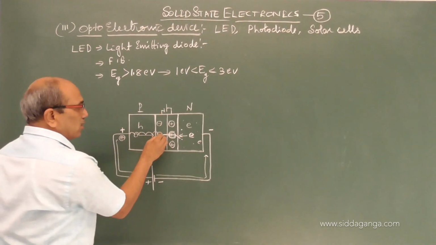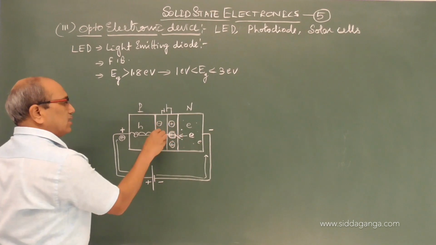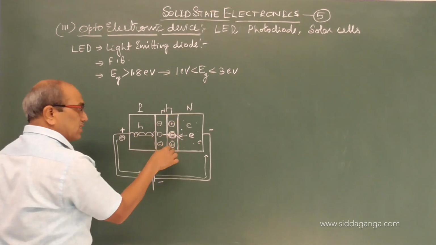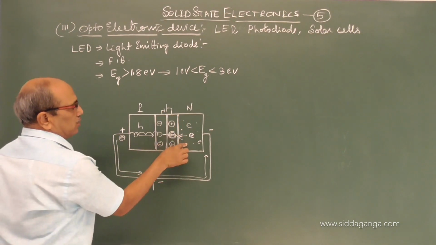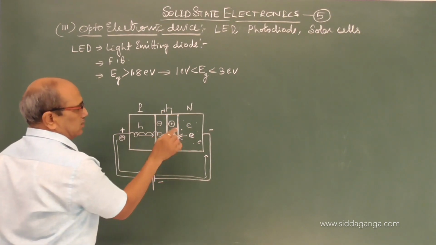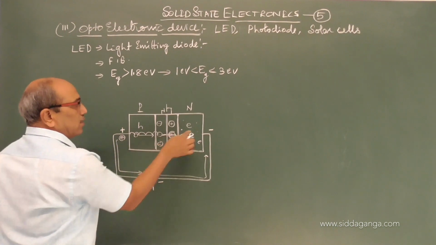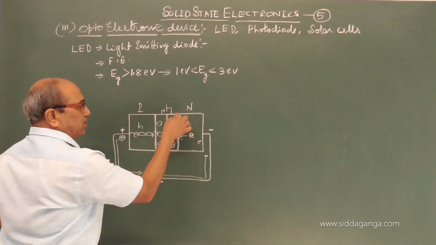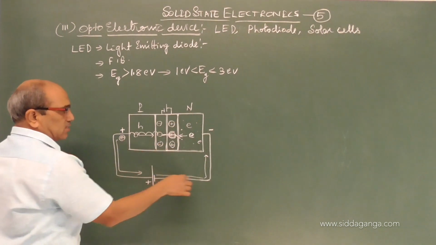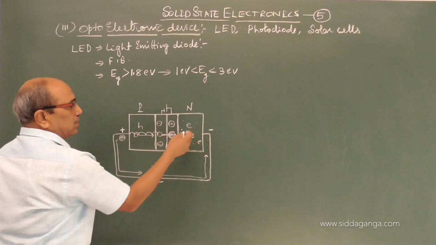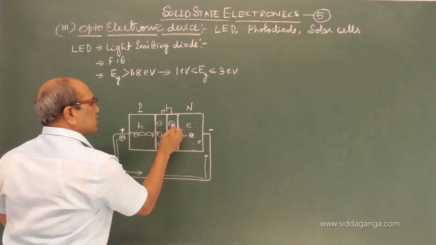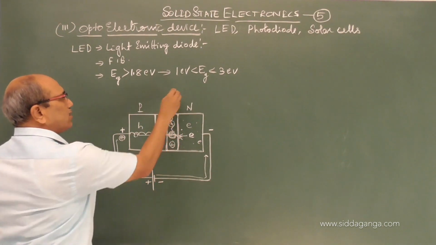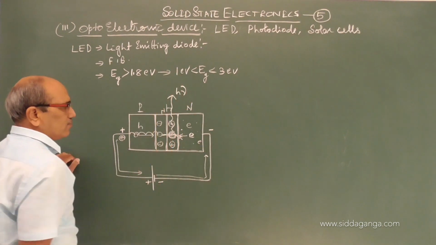That is, a hole captures an electron in the N region. Particularly look into this region: here the hole is a minority carrier. When the hole enters this region, it is a minority carrier. The majority carriers are in large number, and their concentration is increasing as external electrons enter. These energized electrons enter and capture, and radiation is emitted. This has a definite energy.